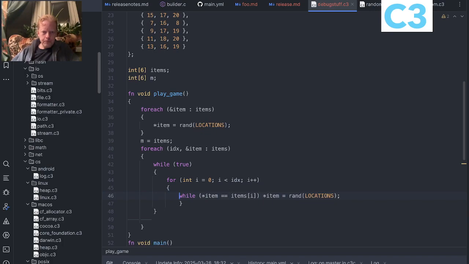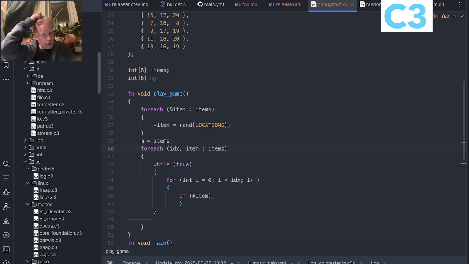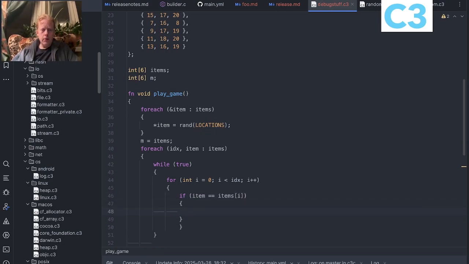If it happens that the item, you need to get that one by reference. Okay, so if the item is equal to items i, then we want to say that items idx is rand locations,